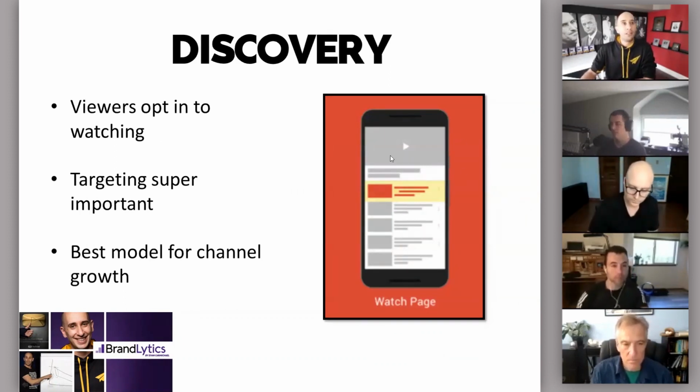So they're watching a video. Most views will happen on mobile. So this is what it'll look like. This is the watch page. You'll see a bunch of videos underneath, and then your ad will show up right above all the other suggested videos. This is what you want to be doing. The targeting becomes super important to make sure you're targeting the right audience, but they're opting in to actually watch